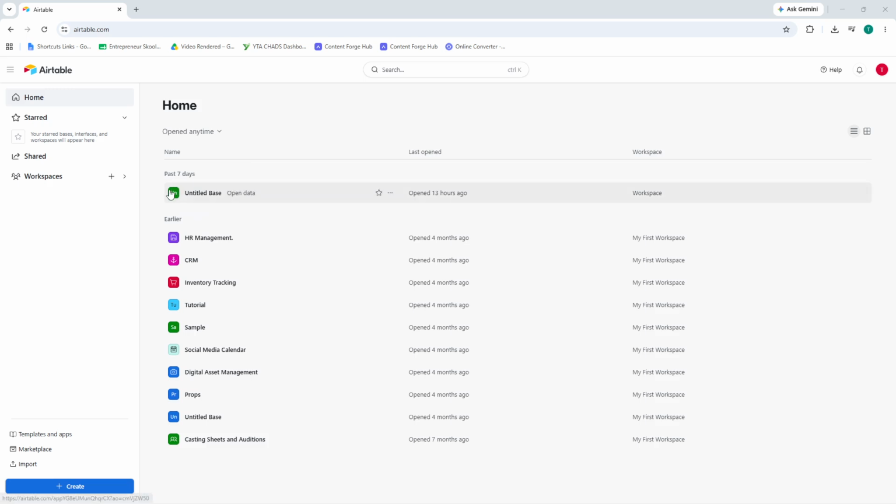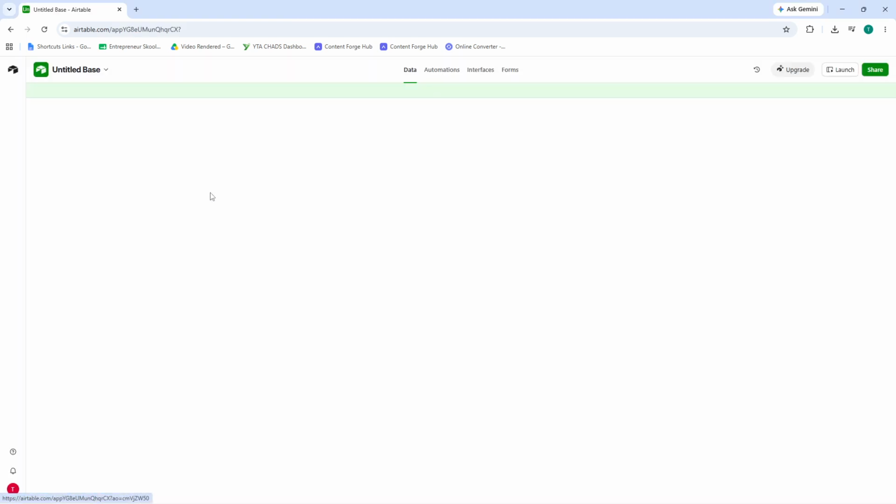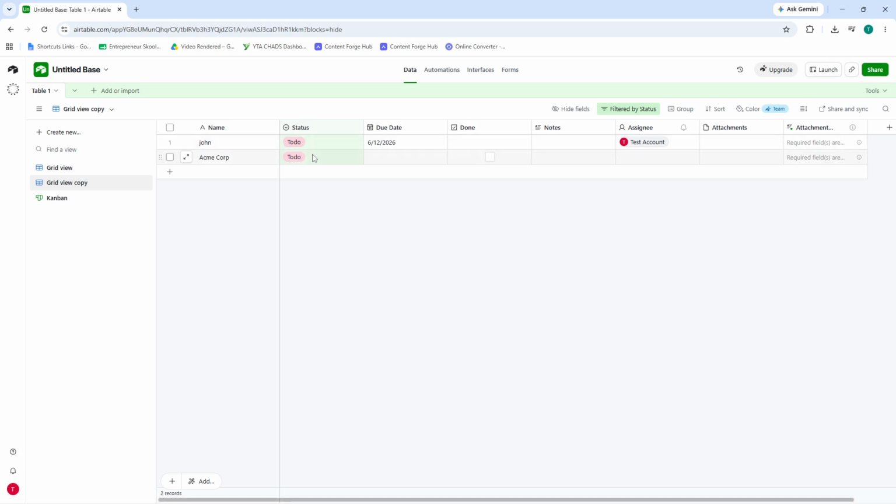By the end of this video, you'll know exactly how to use Airtable tables to organize your data like a pro, from understanding the core structure to filtering, sorting, and creating multiple views. Airtable combines the simplicity of a spreadsheet with the power of a database, making it perfect for everything from project